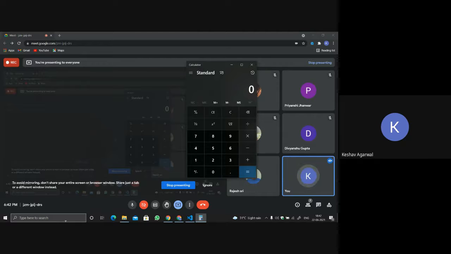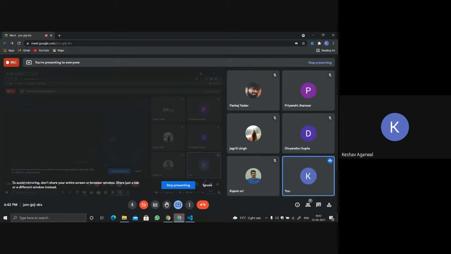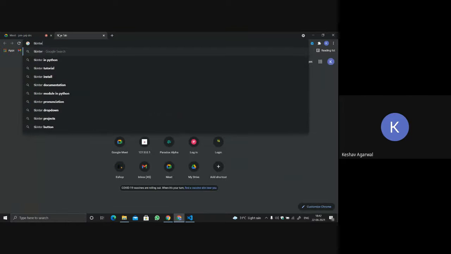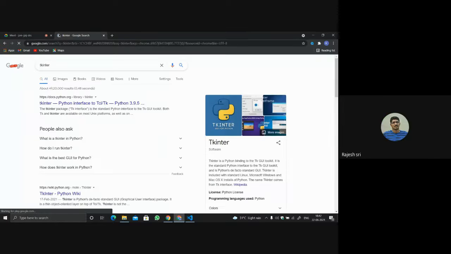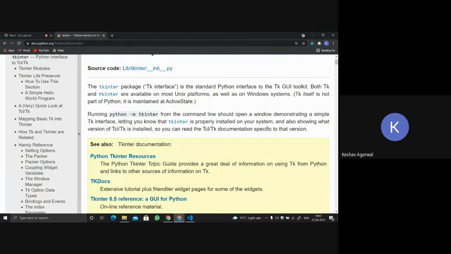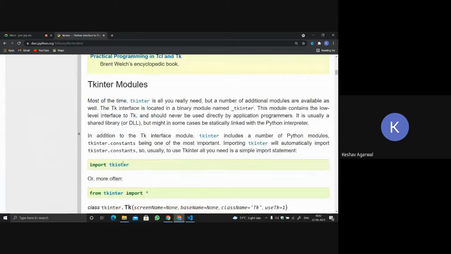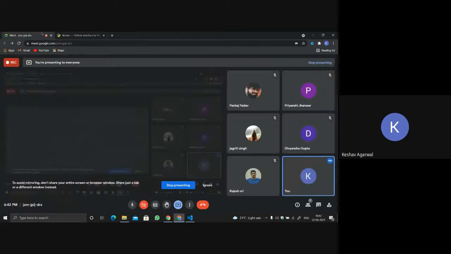Correct, Rajesh. So today we will start with building this kind of stuff in our Python package. Python provides us with an inbuilt module named tkinter. I will open the documentation. Is the screen visible? Yes. So this is the official docs.python.org, the official site for knowing the source code. This is how we will import the tkinter package. So let's get to the programming.